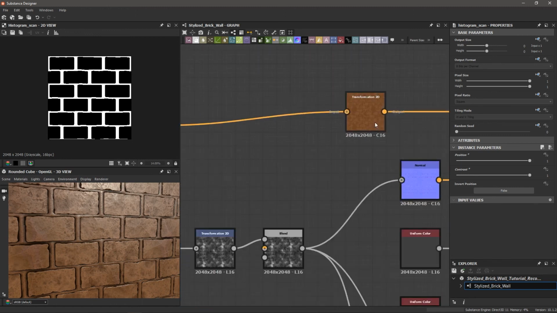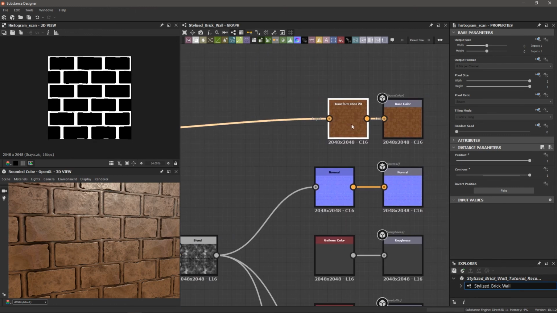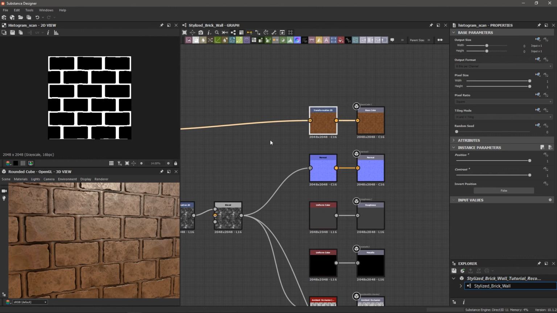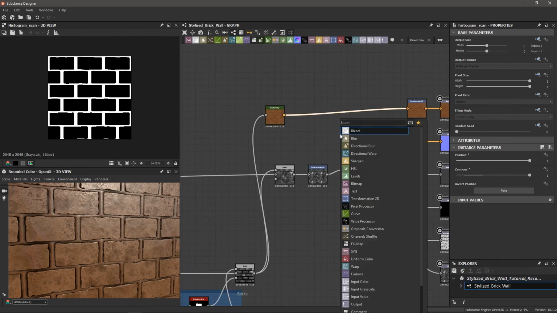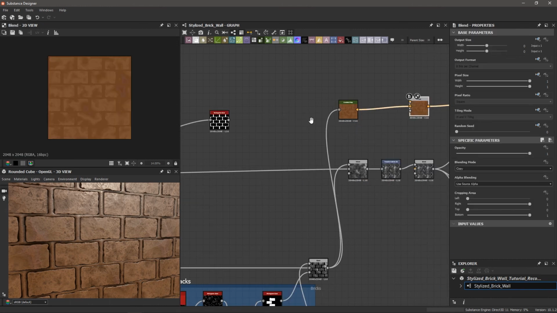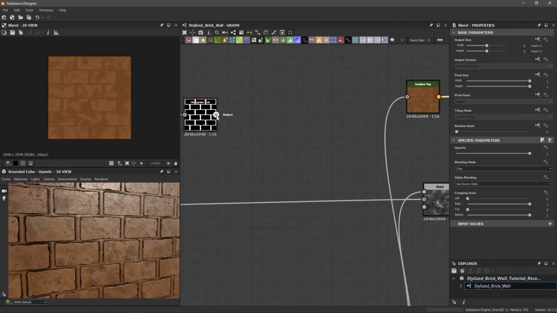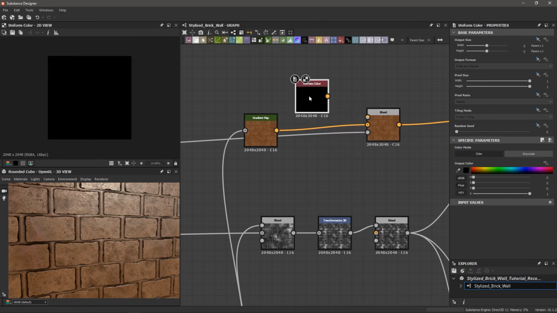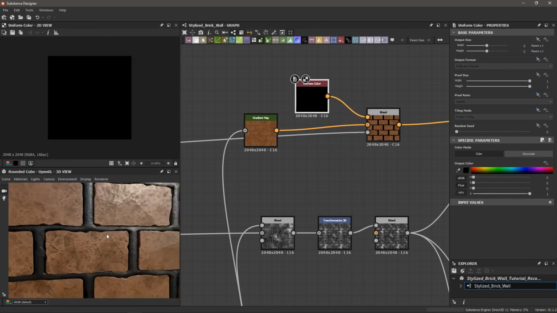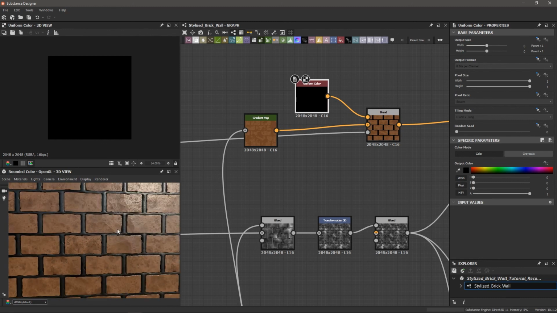And I'm going to keep this transform right up next to this base color. Maybe just like that. And let's add a blend between our gradient map from before and the transform 2D. And let's put our histogram scan of our grout in as the opacity. And nothing's happening, but that's because let's just add a uniform color here, something like, let's just say black. Put that in the foreground. And so now you can see, yeah, just our grout is being affected by this foreground